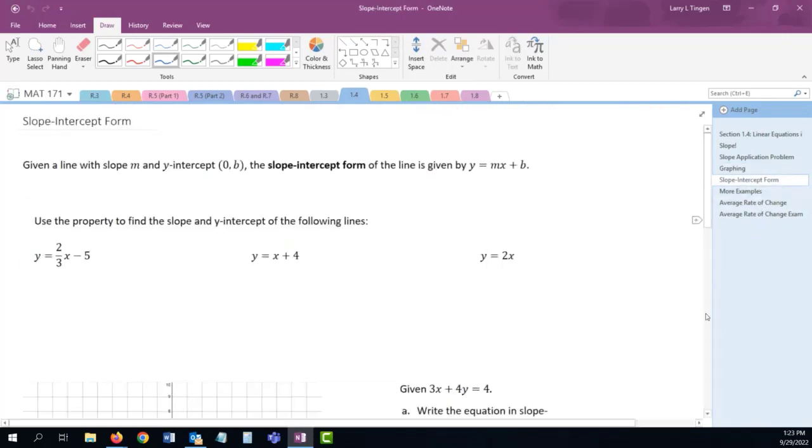So now we're going to move on over to slope-intercept form. This is a huge deal for algebra and for graphing, because it turns out that if I give you the equation of a line,